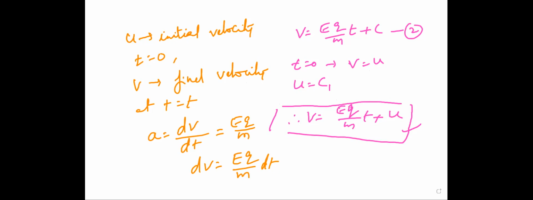It is shown by a graph. Time along the x-axis and velocity along the y-axis. Then the graph for the above equation is like this: origin O, this is the x-axis and this is the y-axis. So then we can calculate the position of the particle.